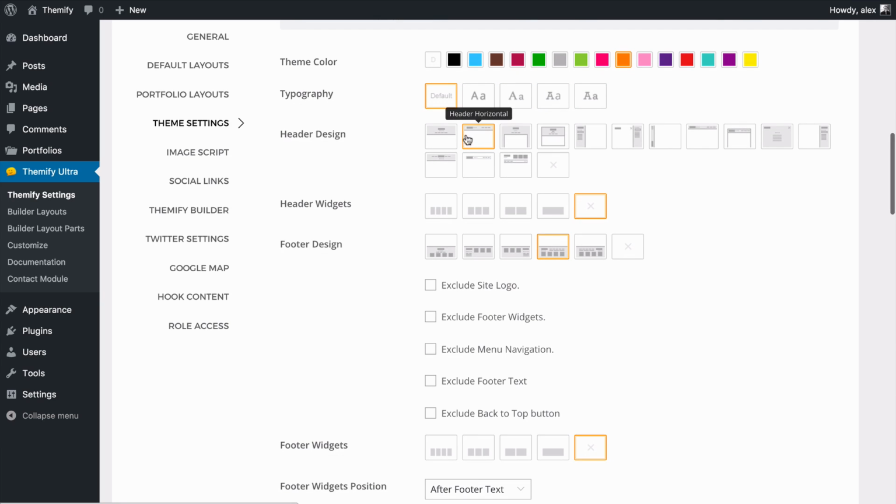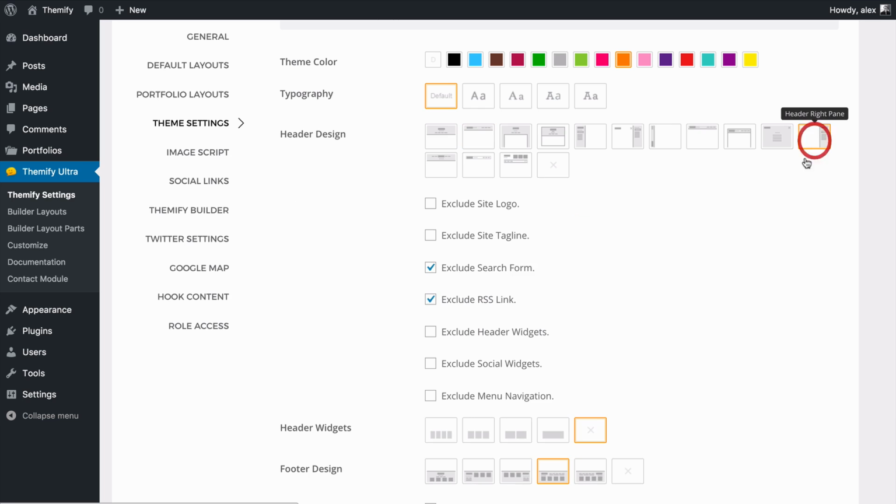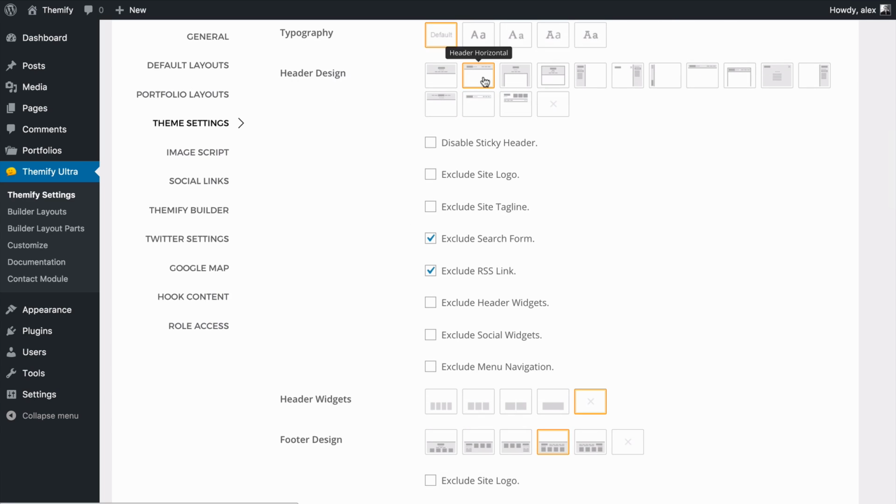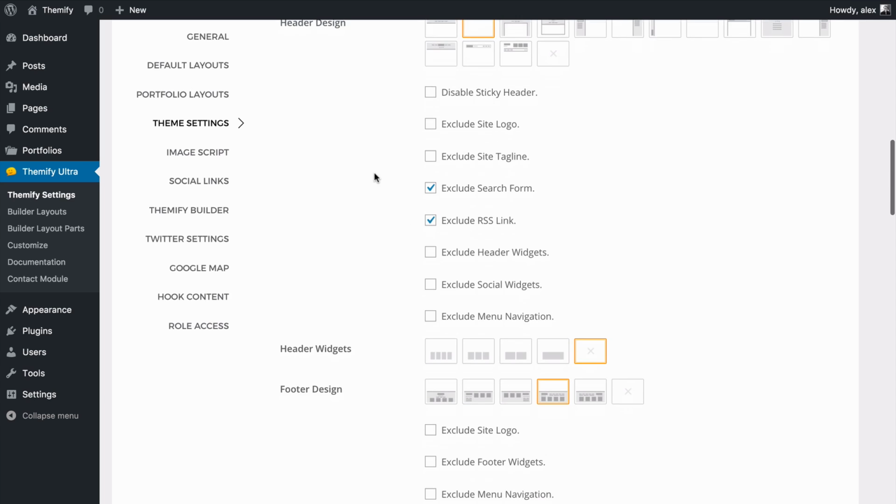You can choose the header design, so whether to have the horizontal header that we have at the moment, have a block design, you've got box content, box layout, and so on here. So if I wanted to switch the header to perhaps display on the right hand side, I could do that, and then I have a number of different options here. So I could exclude the logo, tagline, RSS link, search form, and so on. I'll just set this back to the original,